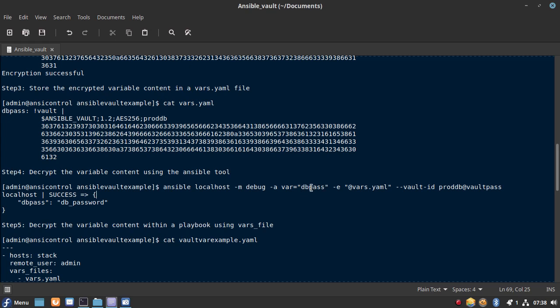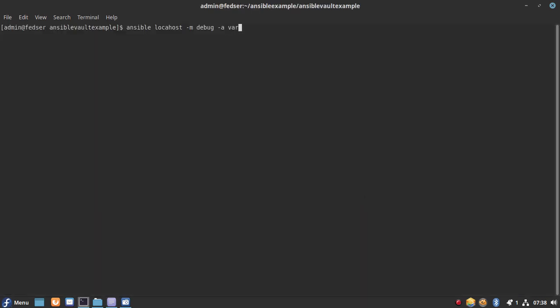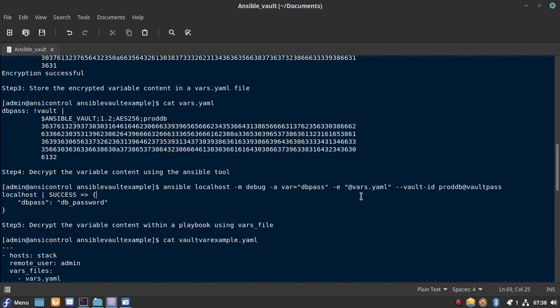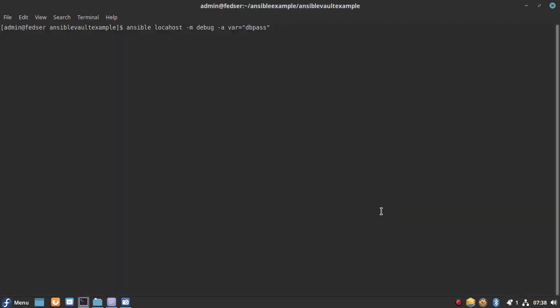In this case it is var is equal to dbpass, that we want to decrypt, and the file name that we want to pass which contains the encrypted content.